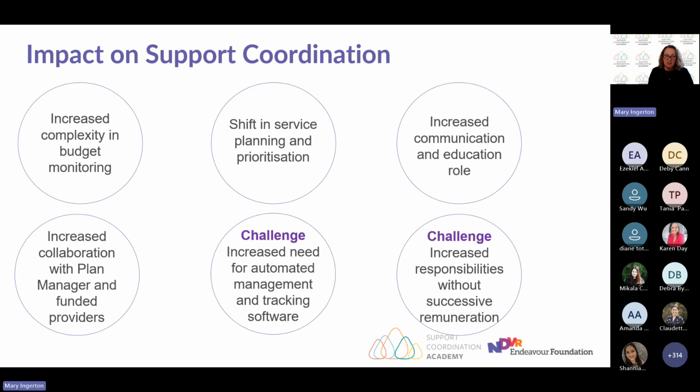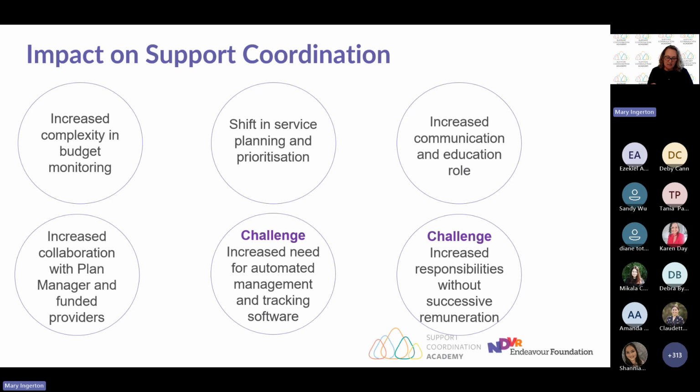Okay, communication and education. Support coordinators will need to provide more education to participants, their informal supports or their extended networks around how funding periods will work. With service providers, thinking about service agreements, a service provider might have a schedule of supports, but now they need to break down when those funding periods will be available. So being really clear, and especially with support coordination as well, when you're doing your service agreements and schedules of supports, breaking it down into the funding periods, but again, breaking it down to another level.